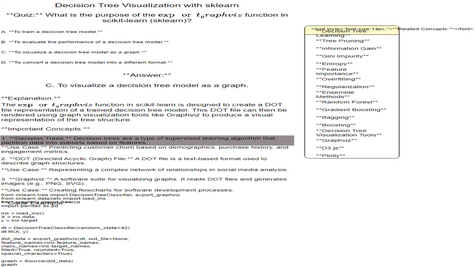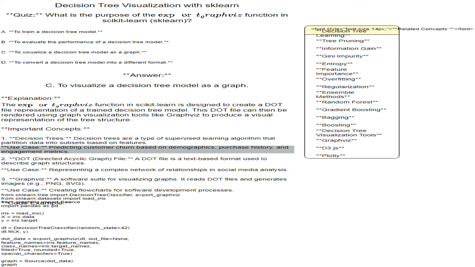False. The export_graphviz function does not train a decision tree model. Training a decision tree model is typically done using the DecisionTreeClassifier or DecisionTreeRegressor classes in scikit-learn. The export_graphviz function in scikit-learn is designed to create a dot file representation of a trained decision tree model. This dot file can then be rendered using graph visualization tools like GraphViz to produce a visual representation of